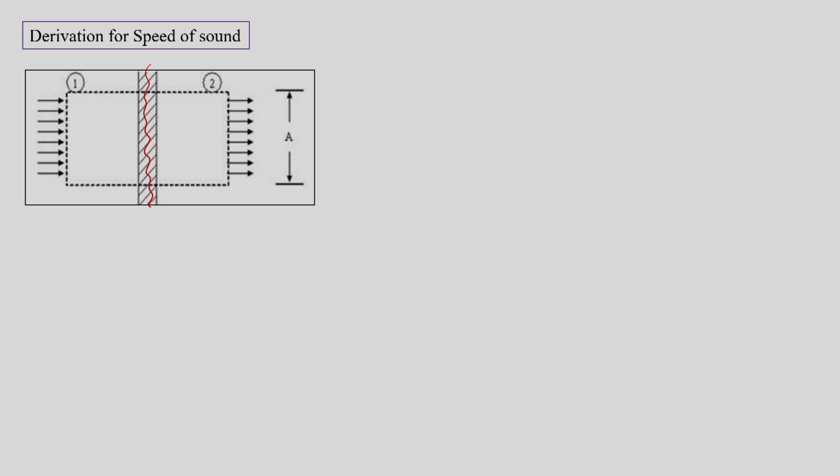So the fluid is not stagnant, and now the wave is stagnant. So there is a wave which is stagnant, and then there will be fluid at station 1 coming into our control volume shown by dotted lines, and then the same fluid would be leaving from the same control volume. So now we are going to understand how the speed of sound would be.